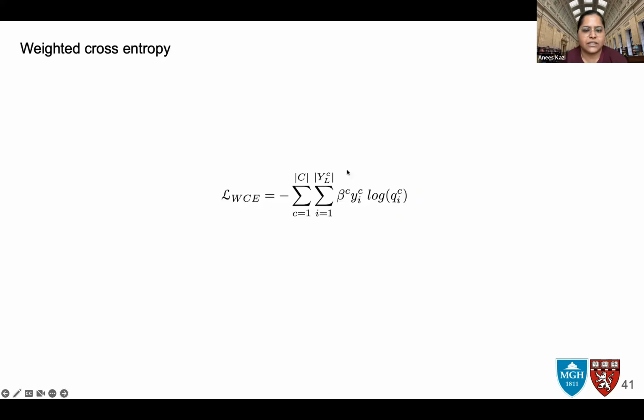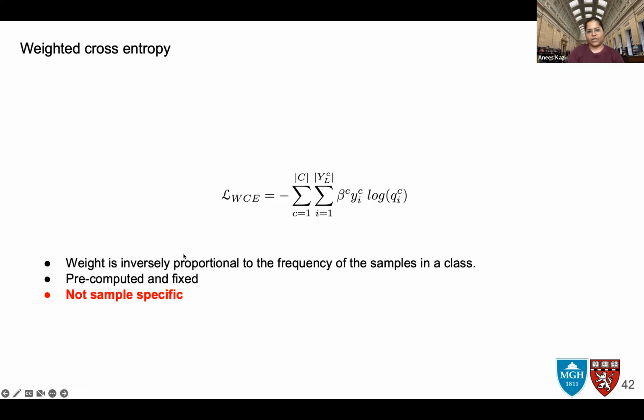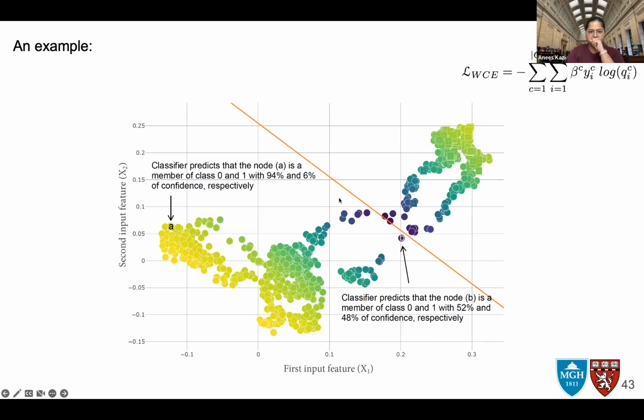So basically, one conventional way to deal with this is to have weighted cross entropy, where you have weights that are inversely proportional to the frequency of samples in the class, right? And these weights are pre-computed and they are not sample specific either. So basically, each sample in one class will be given one particular weight. Now let us look at an example